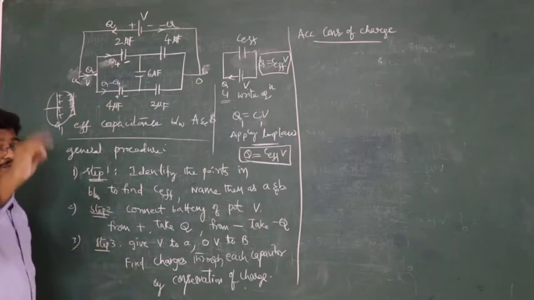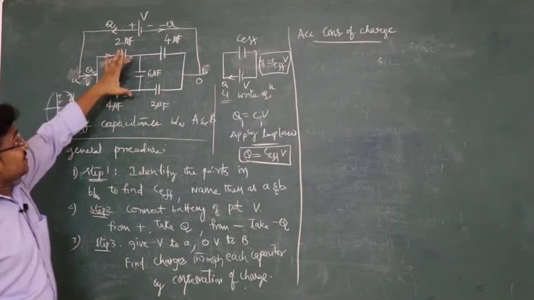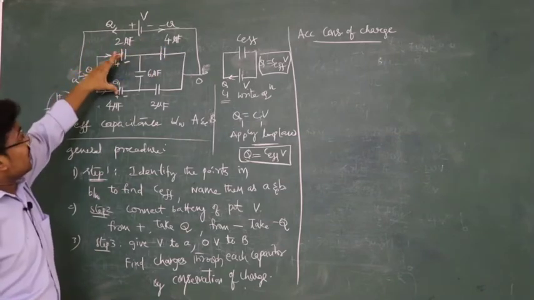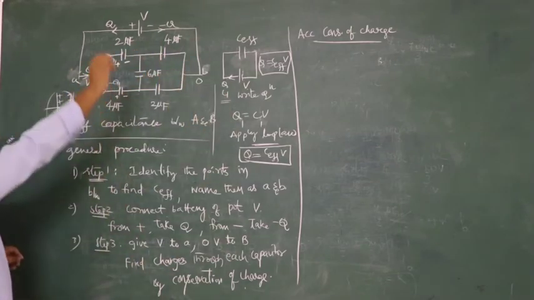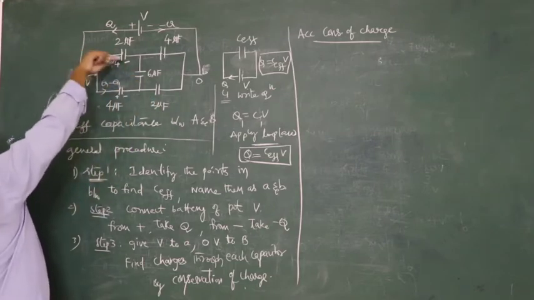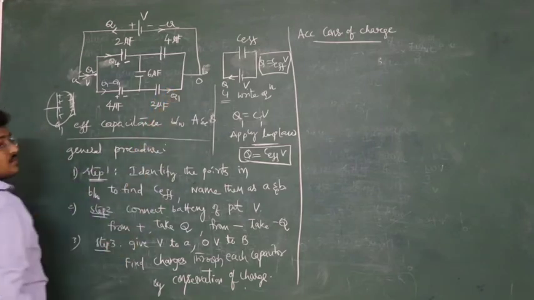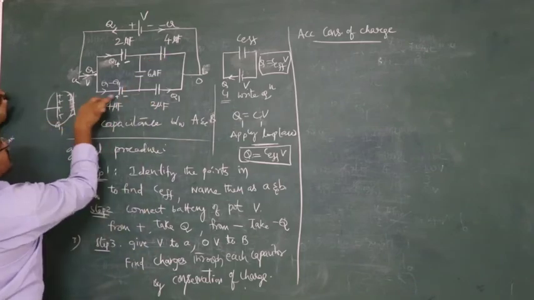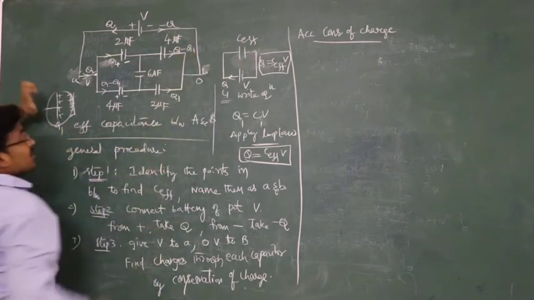Okay. Now there is symmetry here. See, the currents are coming and splitting like this. Again, these charges are coming and splitting, and again these charges must come together like this. So here there is a symmetry. If Q1 is taken here, I can say that here also Q1. There is symmetry 2 and 2, and symmetry 4 and 4. Now if it is Q minus Q1 here, this also is Q minus Q1.